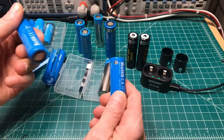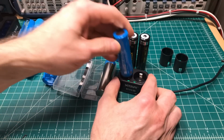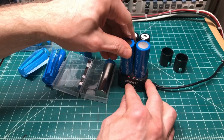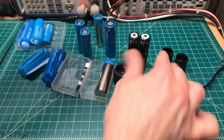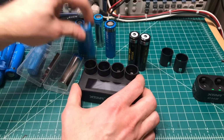Now, the other issue that I had, and I brought up before, 21700s fit great in here. This one I got in just fine. It goes red. Going to rotate, and this one goes red. So now they're charging. Problem is, as I mentioned before, if you've got these 18650s